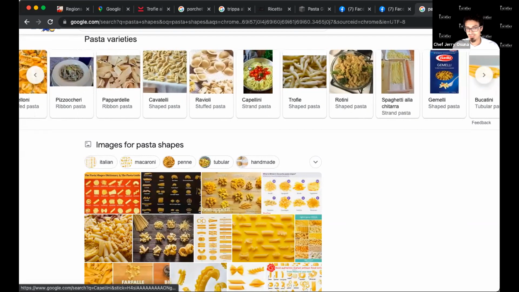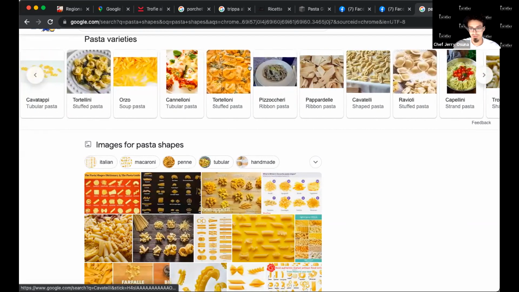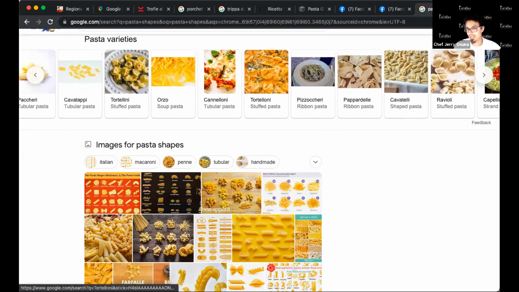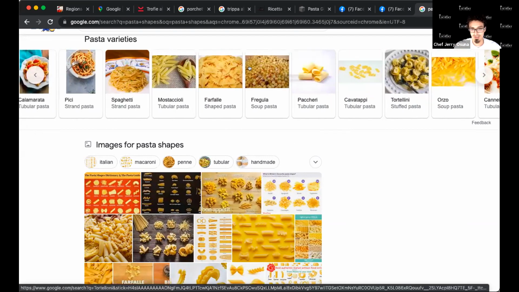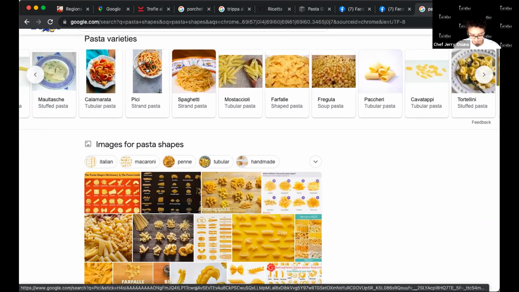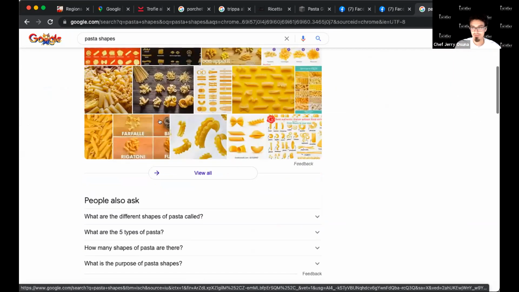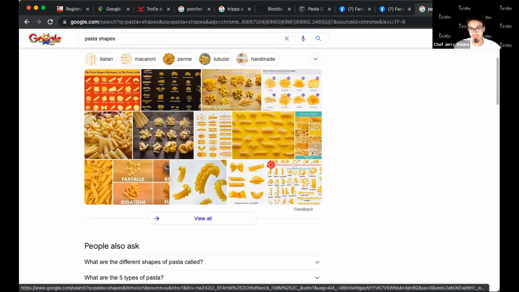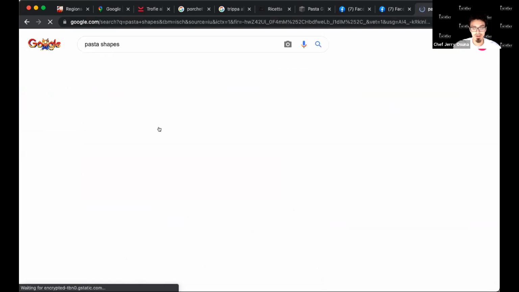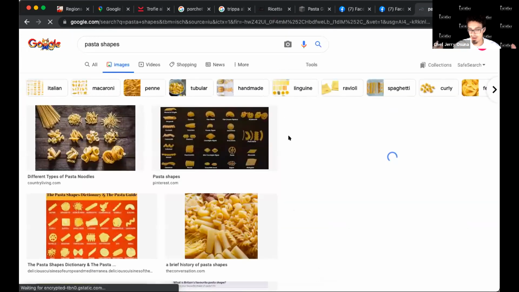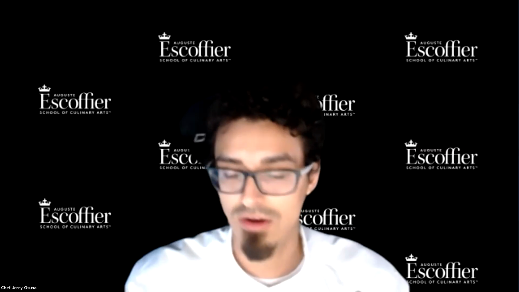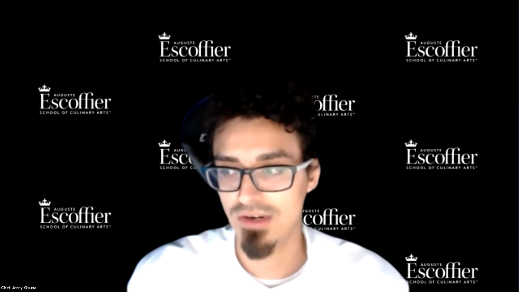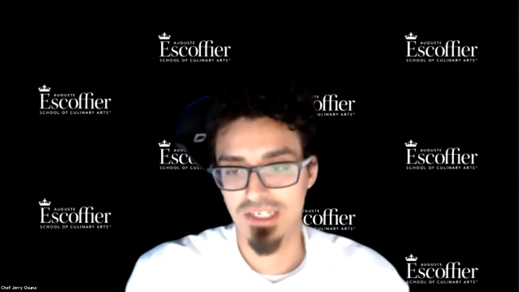Depending on what type of sauce you make, the vessel that you're going to be eating it with is going to be that pasta. Very similar to tortillas in Mexico, essentially, or bread in other regions where they use flatbread to scoop up their food. So the sauce and the pasta are going to go with each other. You're not going to use something that is not going to hold the sauce very well in terms of being able to carry it to you. So that even is taken into account with this stuff.